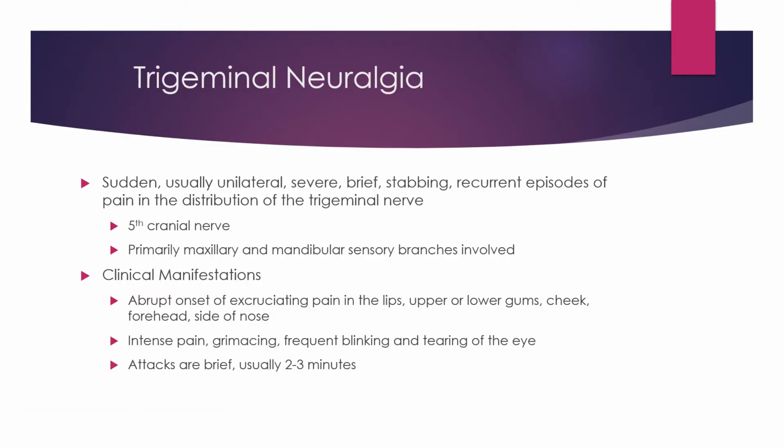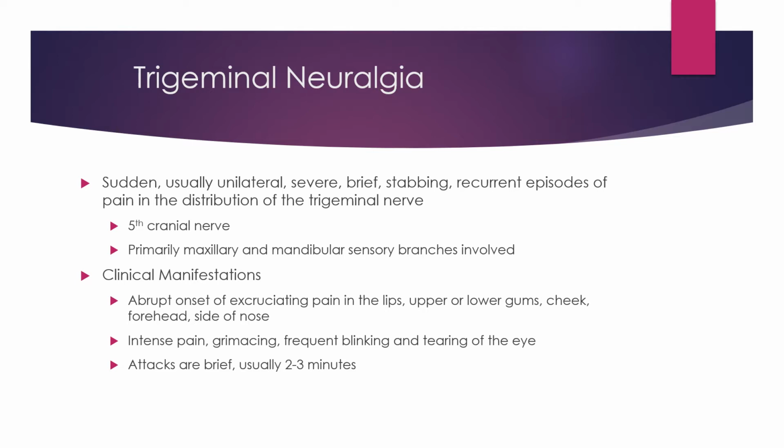First off, I want to talk about cranial nerve 5. This is our trigeminal nerve. Trigeminal neuralgia is usually a problem with sensory issues. It deals with severe recurrent episodes of pain where the trigeminal nerve innervates, and that is all over the face, basically. The fifth cranial nerve branches into 3 different areas: the forehead, the cheekbones, the mandibular area, and then also down